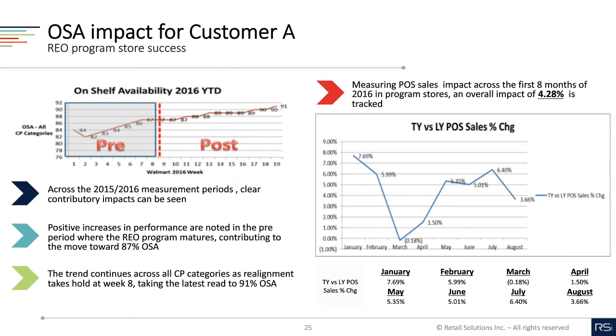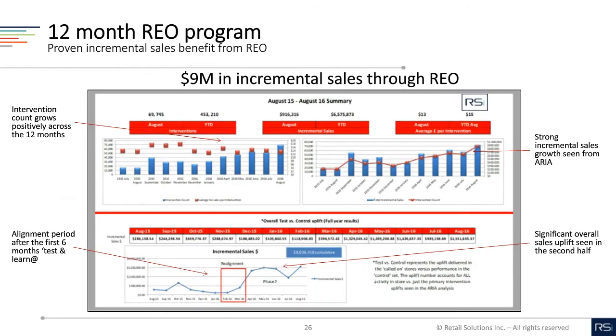Let's take a look at a full 12-month program with all the reporting elements. This is where we see proven incremental sales benefit from a retail execution optimization program. The full view of a 12-month REO program not only highlights the benefits and impact of intervention analysis and recommendation, but we also see how the overlays of test versus control methodology complements the program, highlighting the top-down impact across